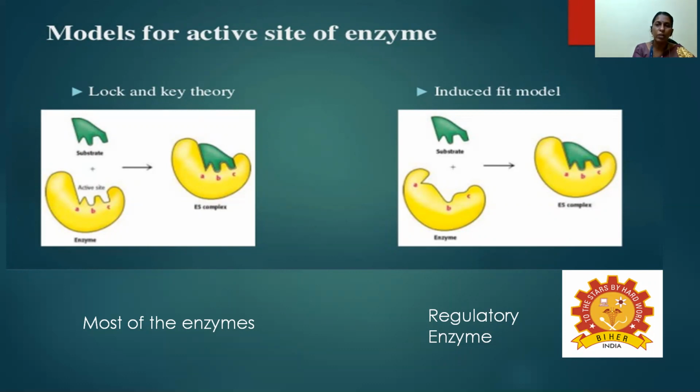In our system there are two types of enzymes, normal enzymes and regulatory enzymes. Regulatory means on and off. Whenever you need energy or a particular metabolic function, only at that time are the enzymes active. The remaining time they are present in the inactive form. These inactive form enzymes are called regulatory enzymes. So all the enzymes cannot be present as such.